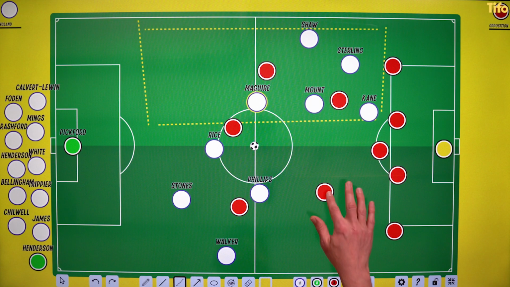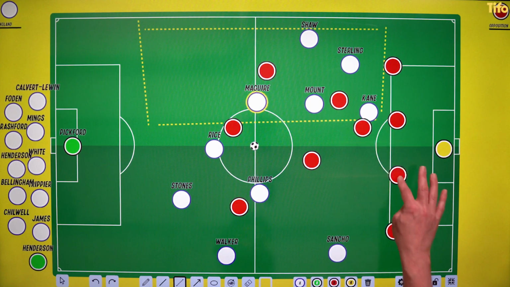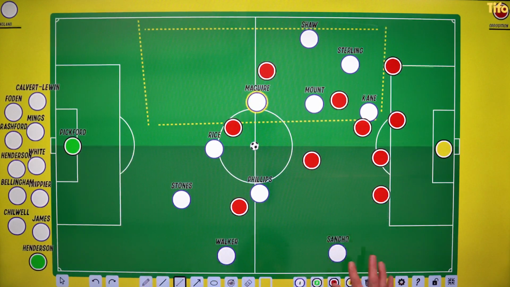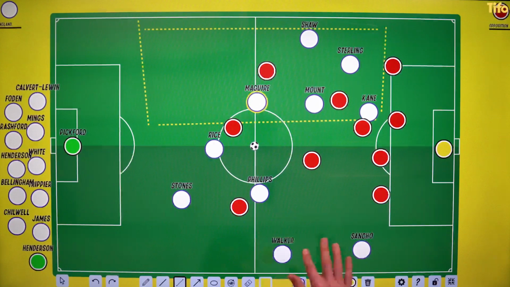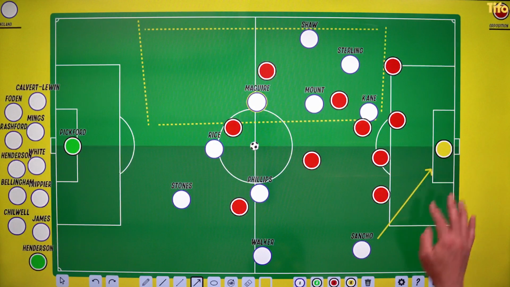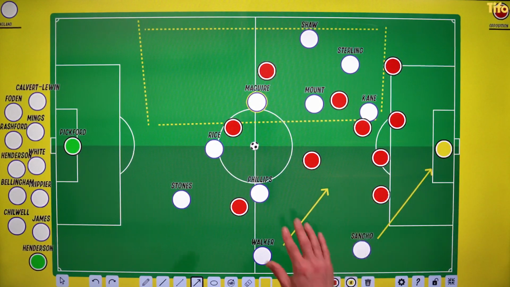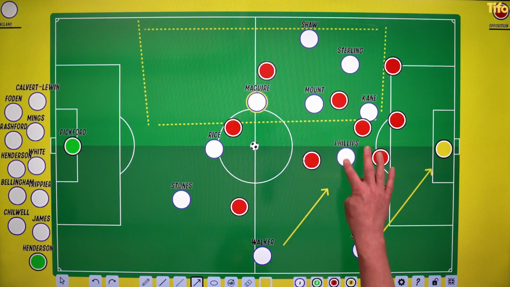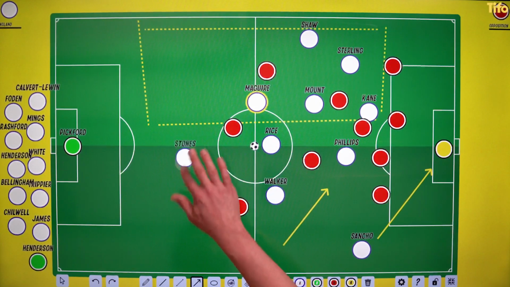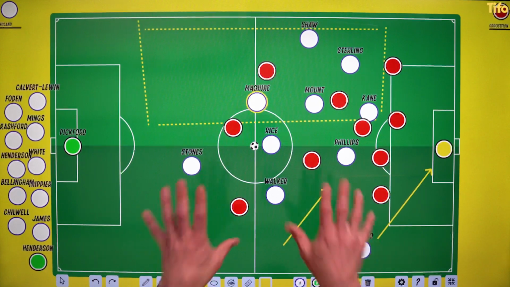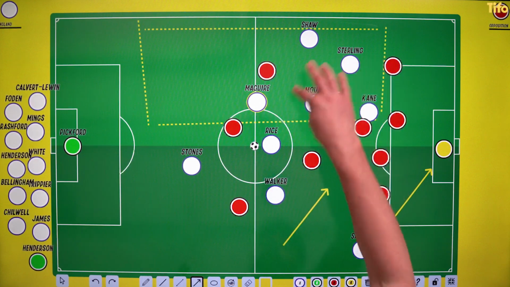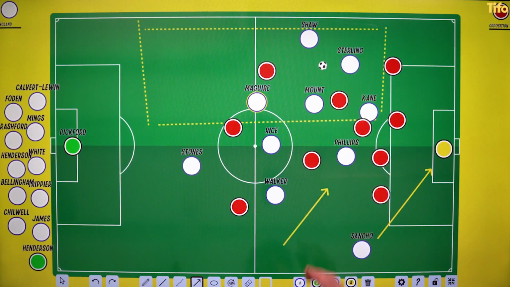Also, as a direct result of this, the opposition will start to get attracted over. And we've talked about this a lot before with other teams. This then leaves these guys in acres of space, and that can allow for these late runs into the box. Walker can tuck inside here. Phillips can push up, knowing that Walker is now over here to protect him. Rice, Stones will sort of hang back. This is a very common structure that we see England in once the ball is in this part of the pitch.